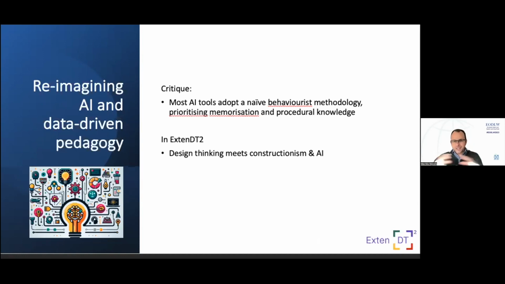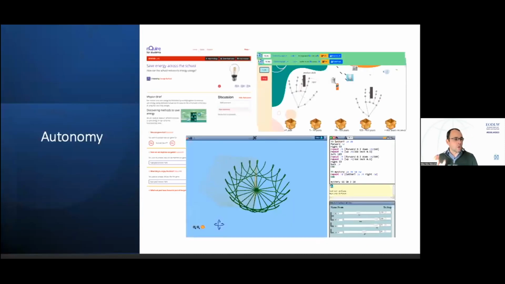And AI doesn't always sit hand in hand with this kind of approach. So one particular emphasis that responds also to these critiques in the field has to do around autonomy. You've noticed the tools and the different problem-solving challenges that the students are engaged in. And so this emphasis on being able to provide the intelligent support on these more exploratory learning environments requires more